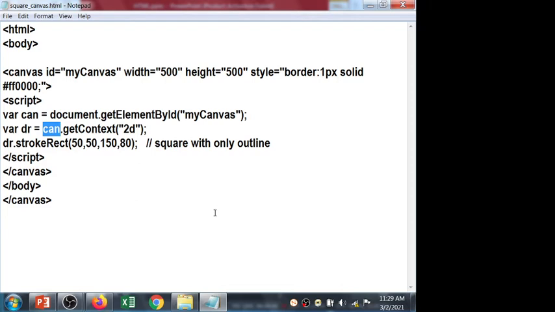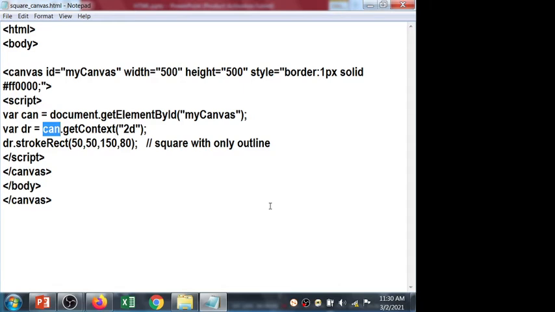Further, if you want to go ahead, you have to find those codes through the internet, right? Because for that you have to learn a lot of methods. So for that you can use W3 School. So get context and 2D. So I'll just give you the 3 dimension. What is the third dimension in that? Height, width and the depth. So that it will give you the 3D object, right?